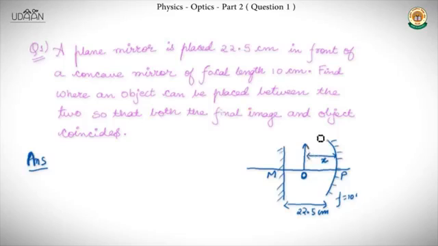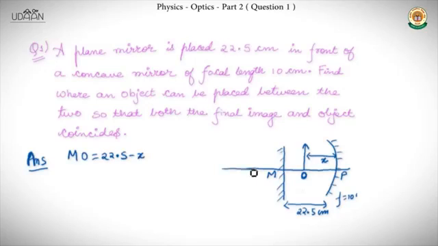That is, after reflecting from the plane mirror, and then again reflecting from the concave mirror, the final image should form here at the object position only. So basically, our distance MO is 22.5 minus x,